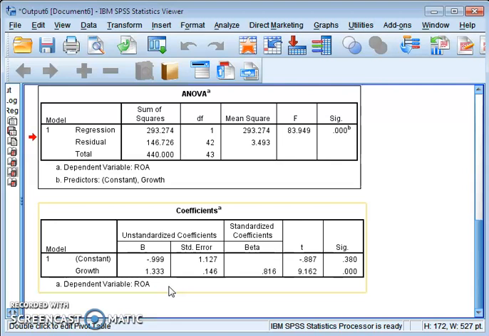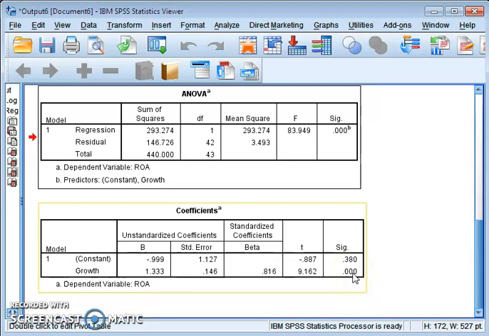But we need to check whether this impact is also statistically significant or not. How can we determine that? Simple, just look at the corresponding significance value of your coefficient. We are looking for the impact of growth. First we check the coefficient of growth, which tells you the direction of the relationship, and second we check the significance value of this coefficient. The thumb rule is again the same.